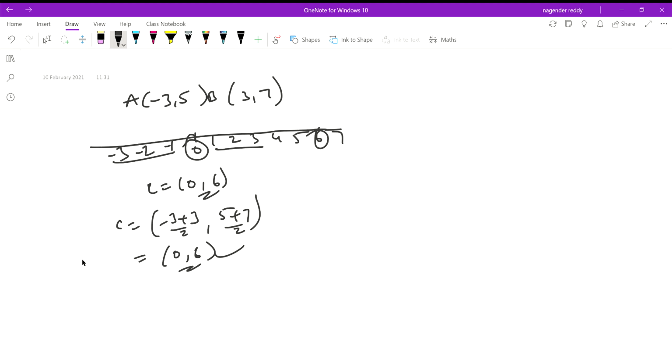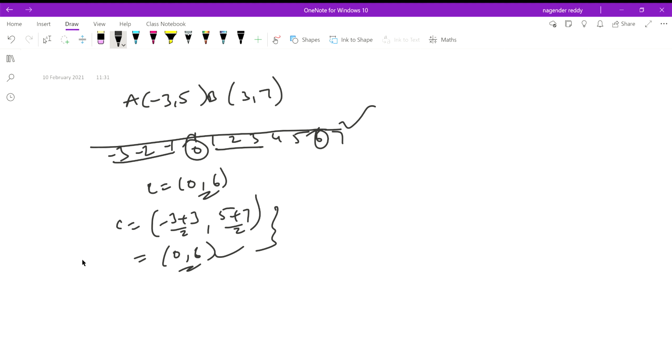In exams we have to follow the regular method, because this shortcut is not officially taught. I'm just giving this for knowledge purposes, for any tricky questions. For tricky questions we can use it. Next we'll go for the area of the triangle. That concept is not included in this, but this time we'll go for it.